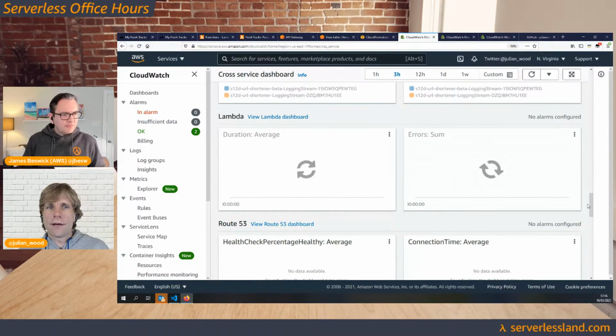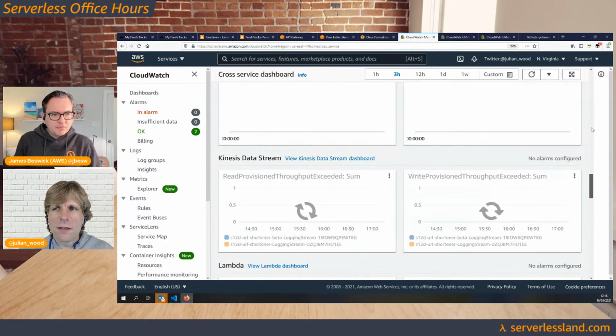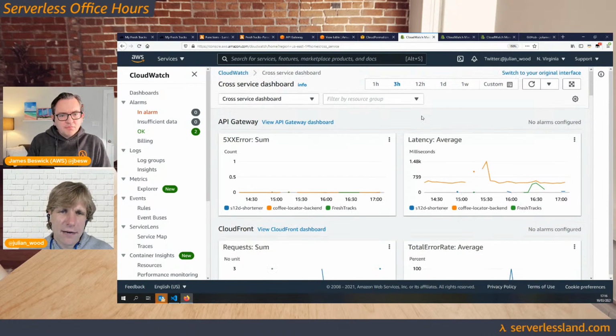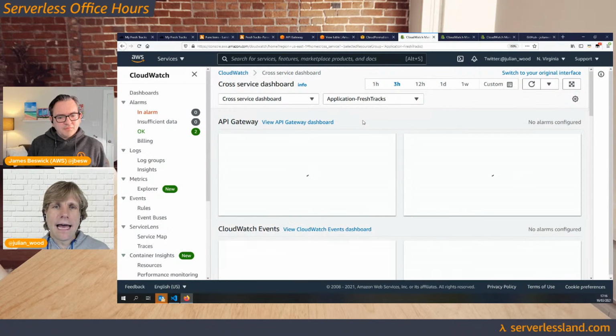And so this is also a really good idea when you just want to have a look around and see maybe where you want to delve a bit deeper. Obviously, with a bit of a busy account, things can get lost. So there's a thing called a resource group, which you can create. And I've created a resource group for fresh tracks. And so this helpfully is just going to create a filter basically, and only just show me the fresh tracks